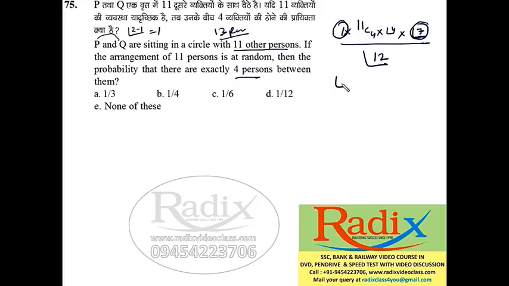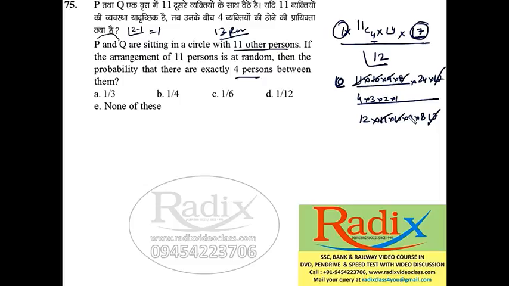So this would be factorial 11. This is 11 into 10 into 9 into 8, because we have C4, so we'll write this 4 times. This is 4, 3, 2, 1. This is 24. Factorial 7, leave it as it is, because it will be cancelled by the denominator. 12, 11, 10 into 9 into 8 and factorial 7. Now this factorial 7 cancels. Now 11, 10, 9, 8 cancel. 24 cancels. So this is 1 by 12. So the answer is D option.